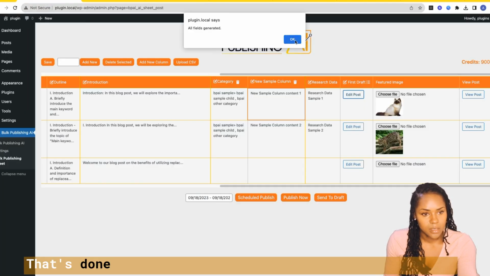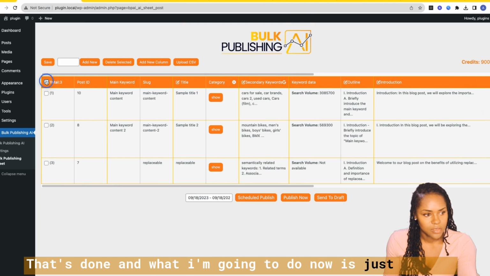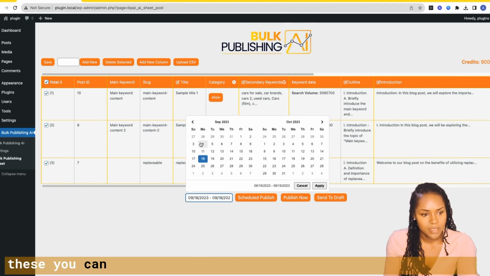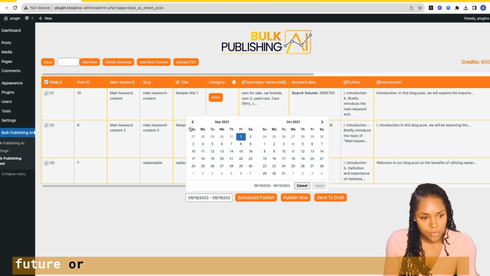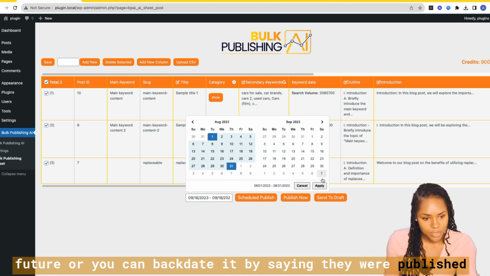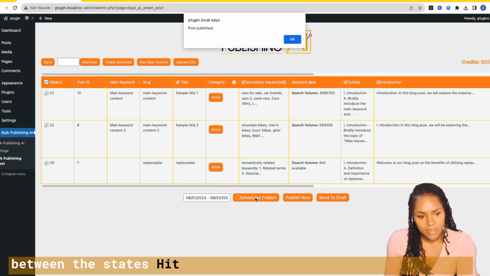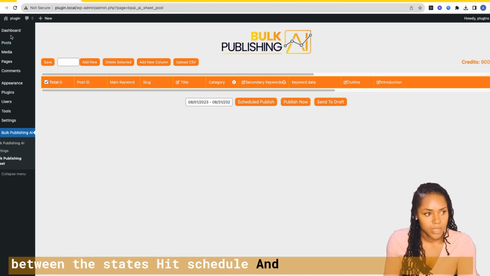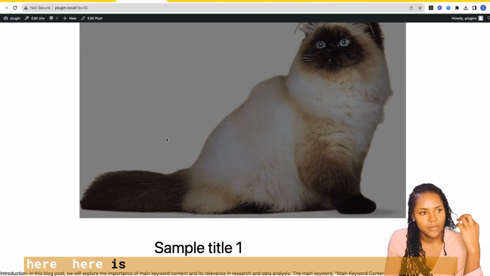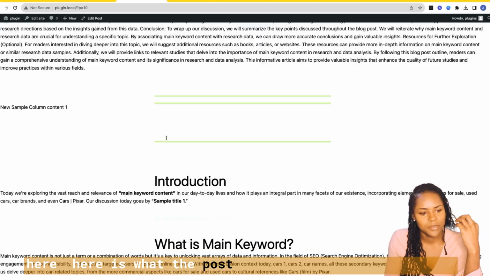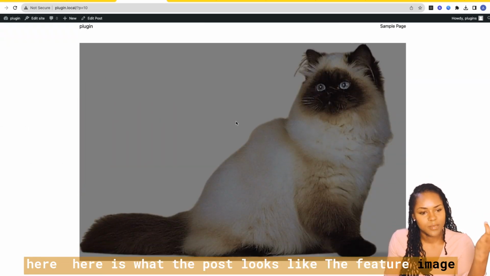So that's done, and what I'm going to do now is just publish these. You can schedule it, so you can set it to publish in the future, or you can backdate it by saying they were published between these dates. Hit schedule, and they're going to be removed from here. Here is what the post looks like. The featured image is there,